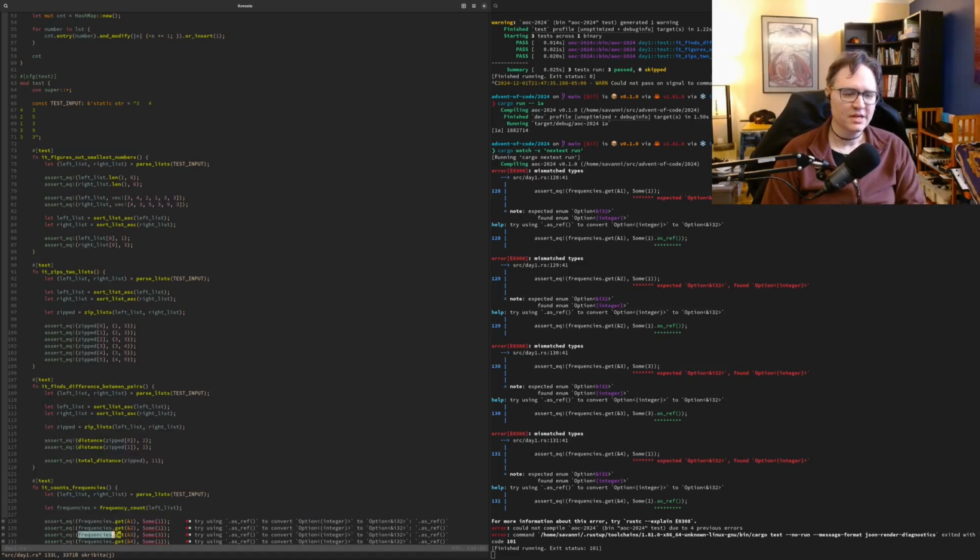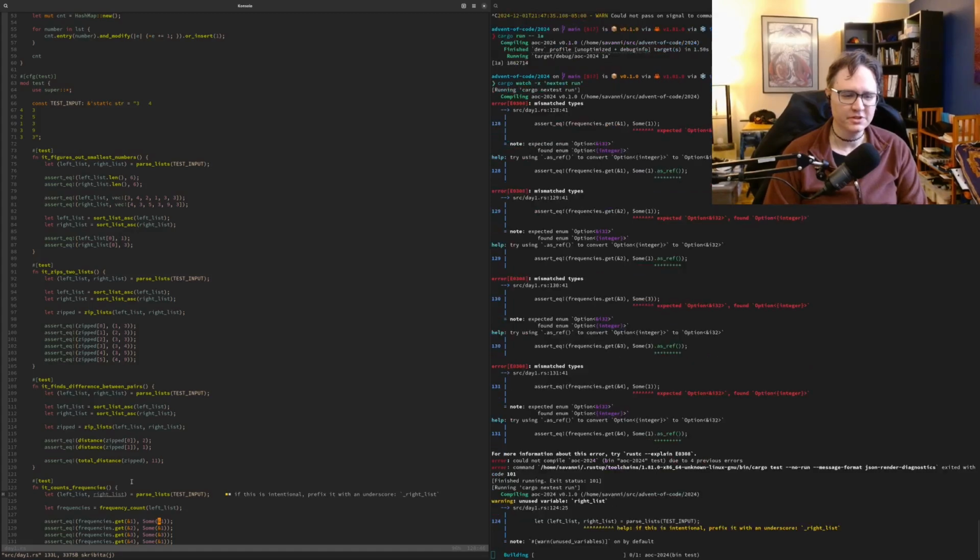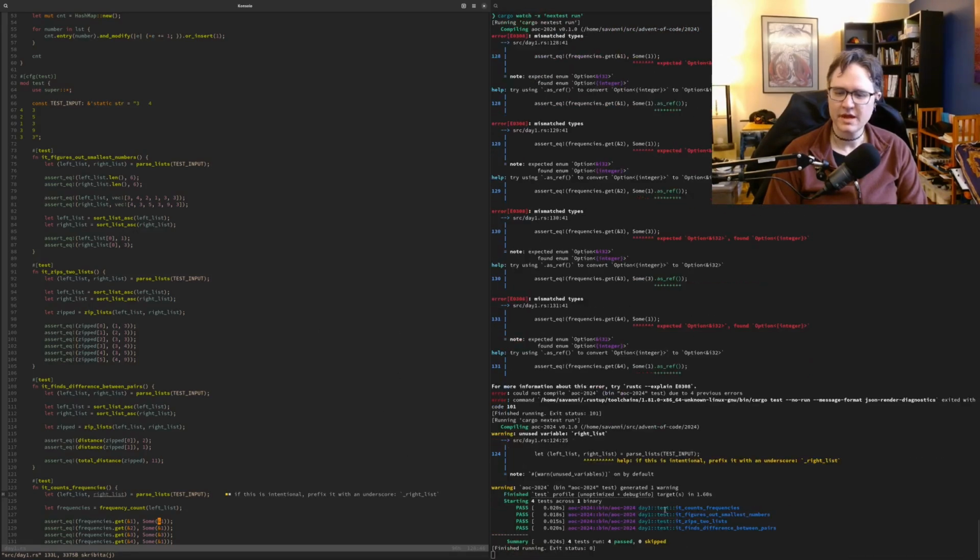So the type of what comes back from frequencies.get is right here. It's going to be an option of a reference to an i32, and I'm comparing it to an option of an i32, and those two are not compatible. I think I can just do this though, borrow a reference to each number, and that works, and there we go, it does count the frequencies correctly.